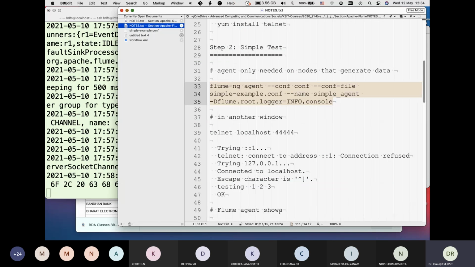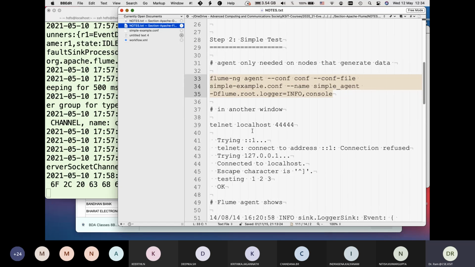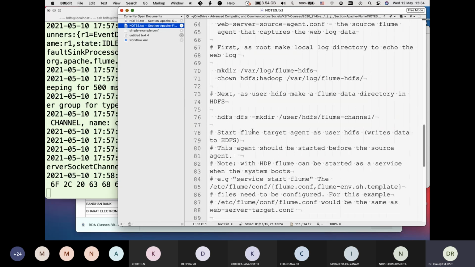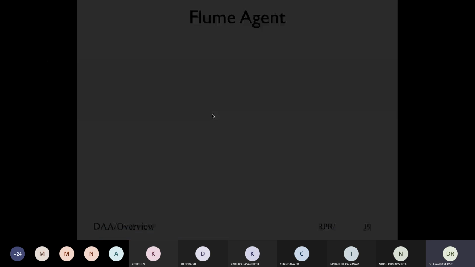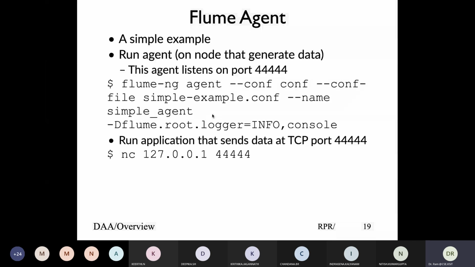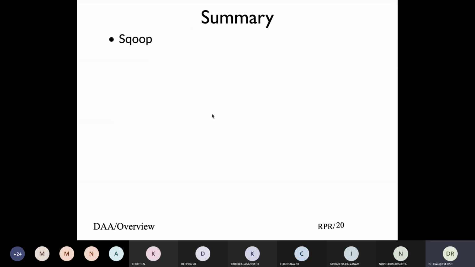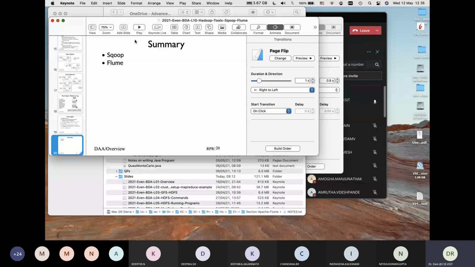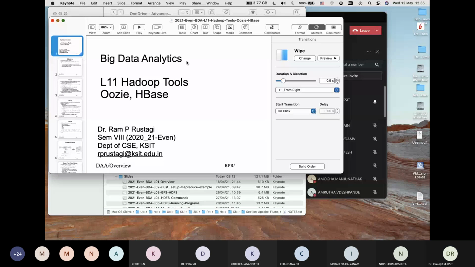You can get into more details, multiple Flume agents, and those would be there as part of the notes. You can look at the other parts, but I'm not going into their details. Creating a Flume channel, running things up, I will not cover here, but you can try it out, and that's the way it should work. Now I'll move on to the other two tools. We looked at Sqoop and Flume. I'll move on to the other two tools, which are Oozie and HBase.